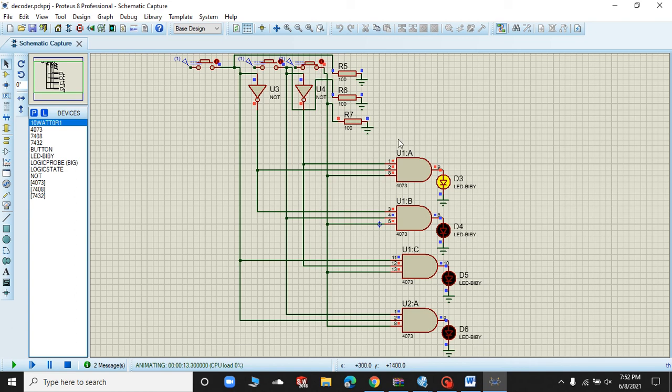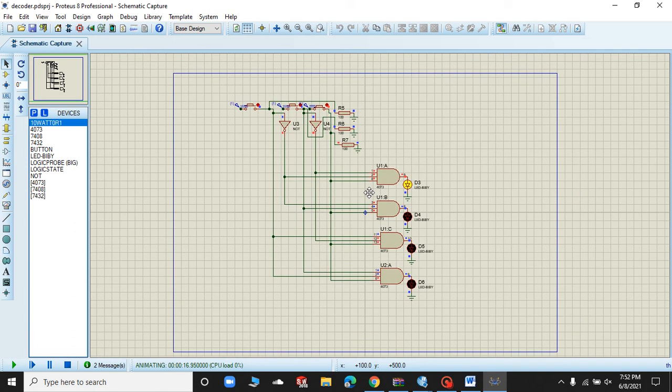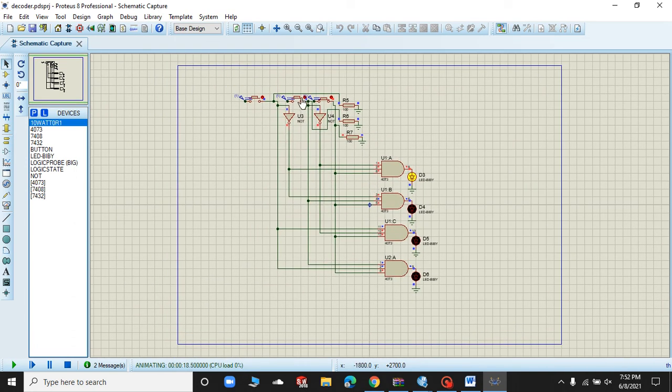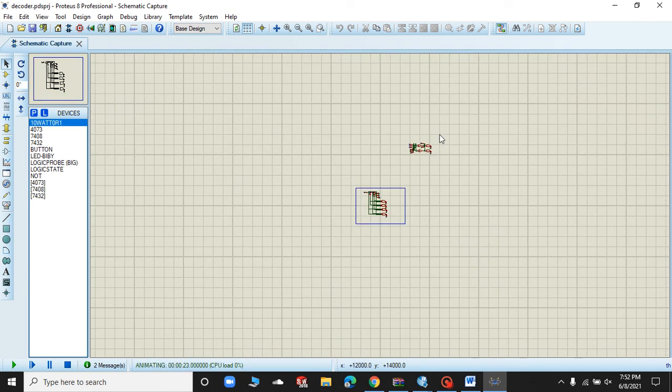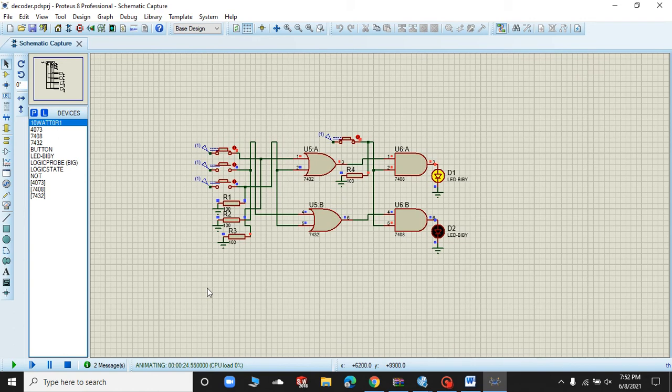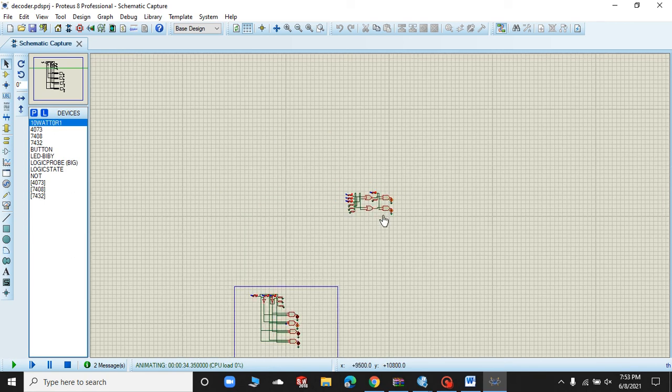When I open this and this, I get a high output at D4, and this whole circuit works. As for this circuit, it is the encoder. When I close this switch, both LEDs glow, and when I open this whole circuit, it works because it is the encoder.